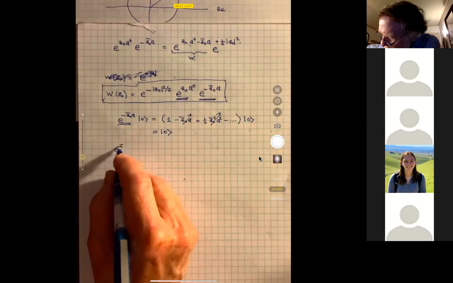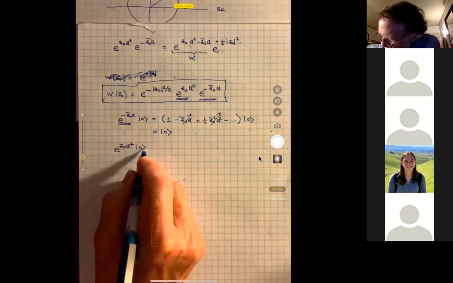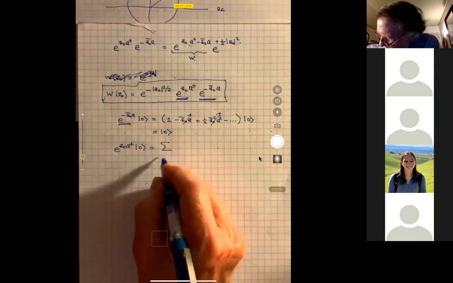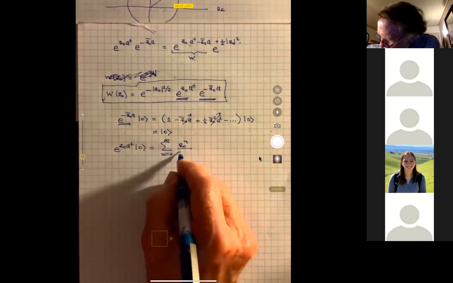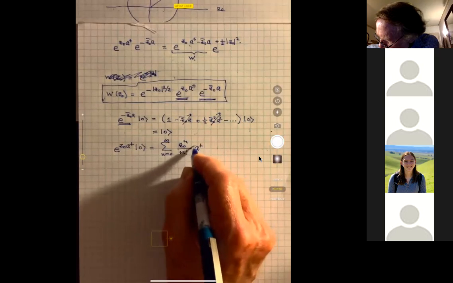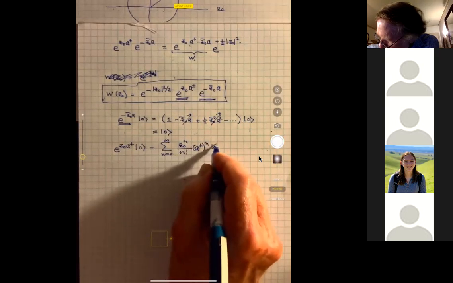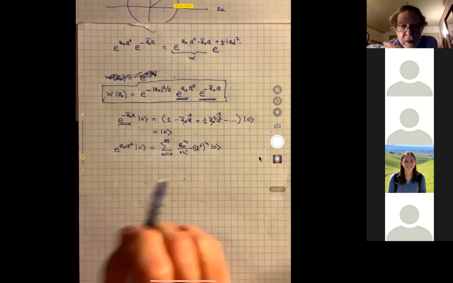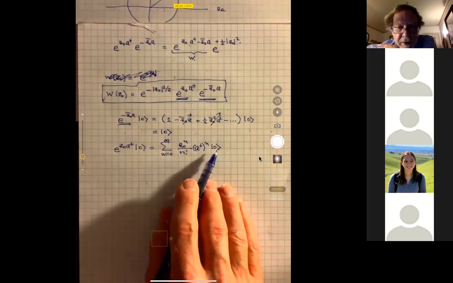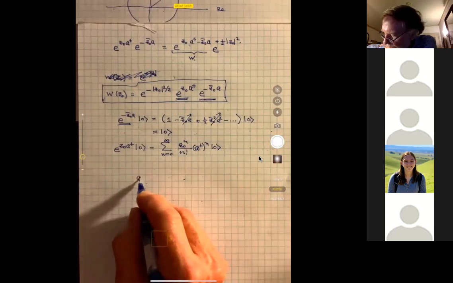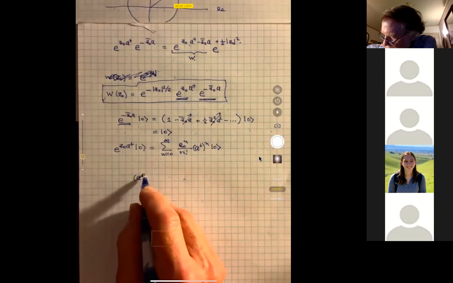Let's look at e to the Z0 A dagger applied to the ground state. This will expand out the exponential series as the sum n equals 0 to infinity of Z0 to the nth power divided by n factorial times A dagger to the nth power acting on the ground state 0. Now, the A dagger is a raising operator. So if I apply it once to the ground state, I get the first excited state. If I apply it 3 times, I get the third excited state and so on. So A dagger to the nth power applied to the ground state gives me the nth excited state, although there's a normalization too. In fact, the correct formula, if you get all the factors right, is that A dagger to the nth power